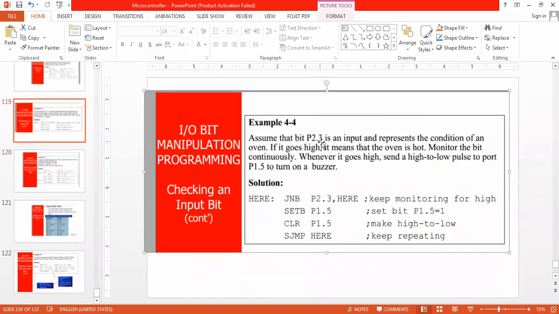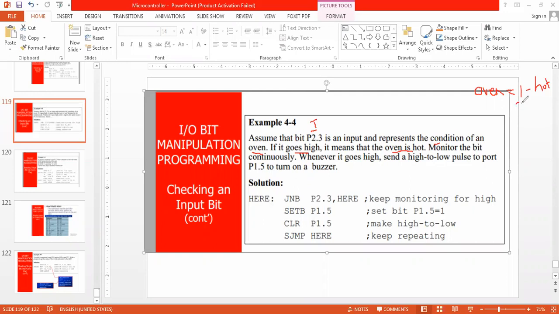So assume that bit P2.3 is an input and represents the condition of an O1. P2.3 is an input pin. There is an O1, okay? If O1 goes high, it means the O1 is hot.